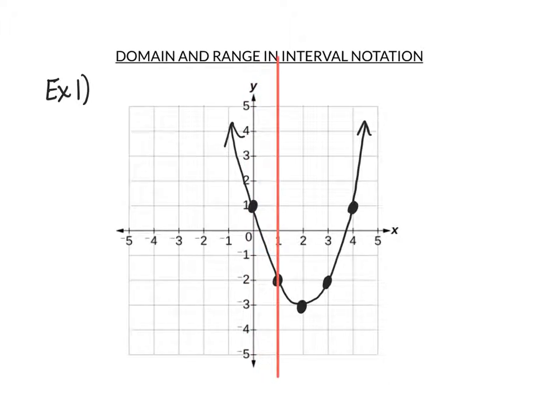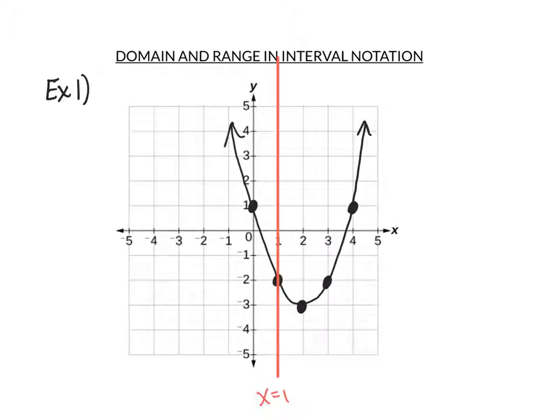So I'm going to stop here at x equals 1. Just a reminder that when you have any vertical line, it takes on the equation of x equals whatever that value is. So in this case, it is x equals 1. What you're checking for in this particular example is, when x is equal to 1, is there a corresponding y value on the graph? Where the red line touches our function, we see that we have the ordered pair of (1, -2).